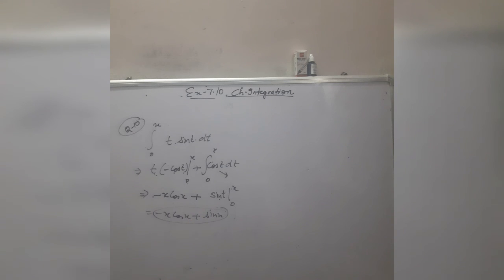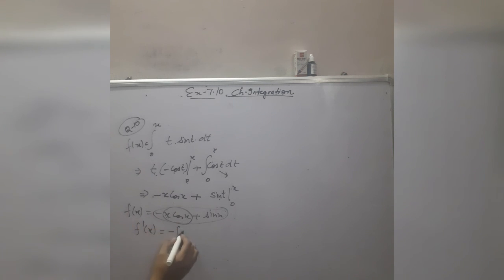But in this sum you have to find out the value of f dash x. Integration of this function, this is f x. So after integrating it, you have found the value of f x. Now from this f x we will find out f dash x. f dash x means the derivative of this function. So here how will you find the derivative of x into cos x?